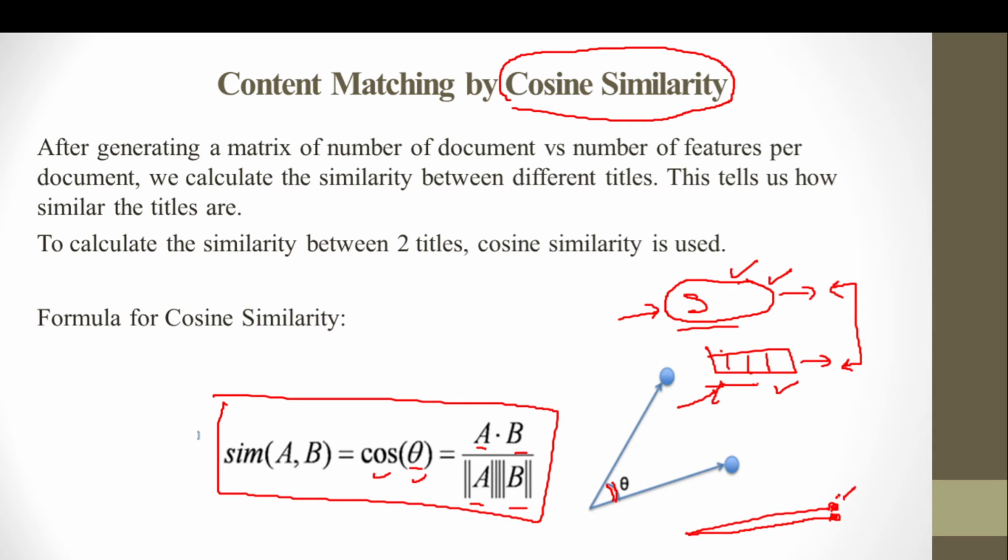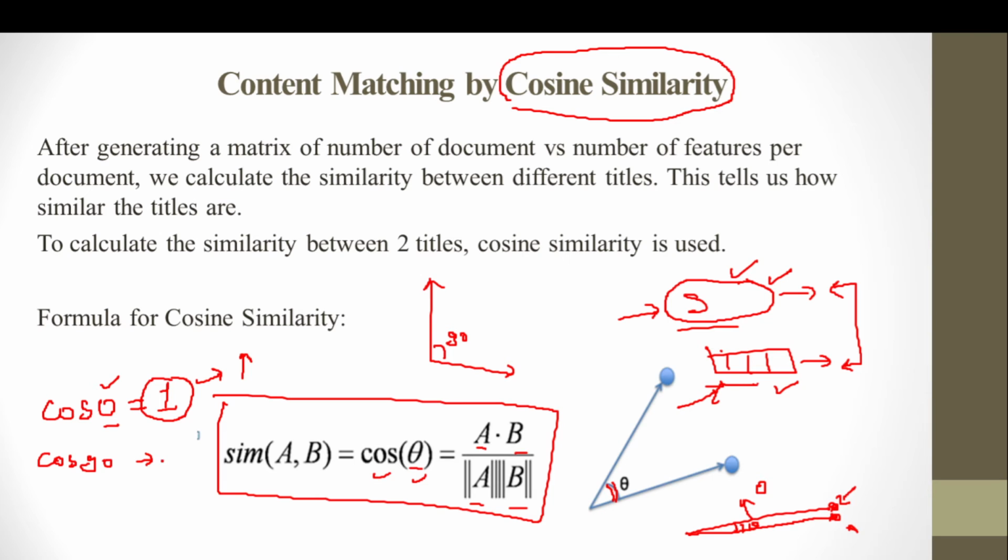If two terms are very close to each other, then the angle between them will tend towards 0, and we know from high school mathematics that cos of 0 is equal to 1. So when the angle between two different terms is 0, it will result in 1, and 1 means the similarity is highest between the two. However, if the two terms are not similar to each other, then their angle will be 90 degrees, and we know cos 90 is equal to 0, meaning there is no similarity between the two items.